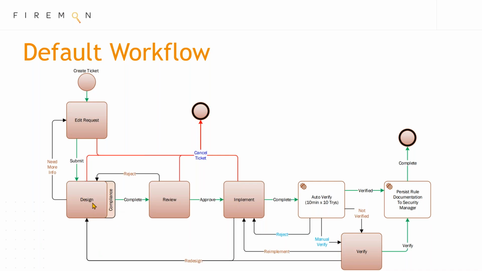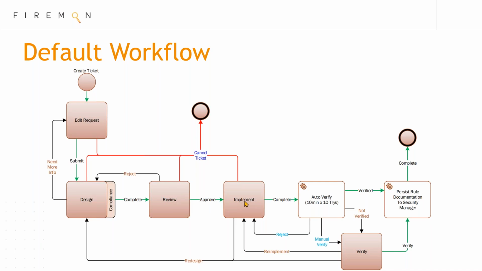So once your firewall engineer or person has designed up that ticket and gotten it ready to go, they would hit complete, which would send it off to review, which would generally be based on compliance and done by your compliance team, where they would take a look at what was designed here, compare it to your corporate compliance policy or whatever industry compliance standards you need to meet, and say, yeah, it meets them, and go ahead and approve it, or no, it doesn't, send it back. You need to change the following things in order to meet the compliance that you need. And if it's really absurd, something like any except, they might just cancel the ticket and tell you, nah, we're not doing that. So here, if they do approve it, then they will go over to the implement stage again,